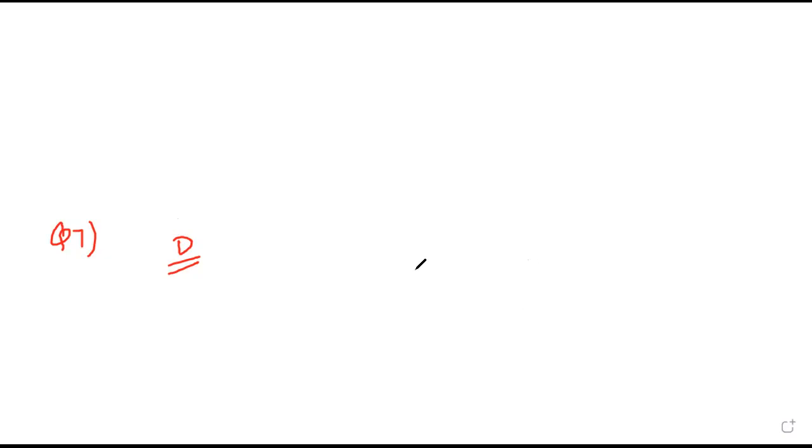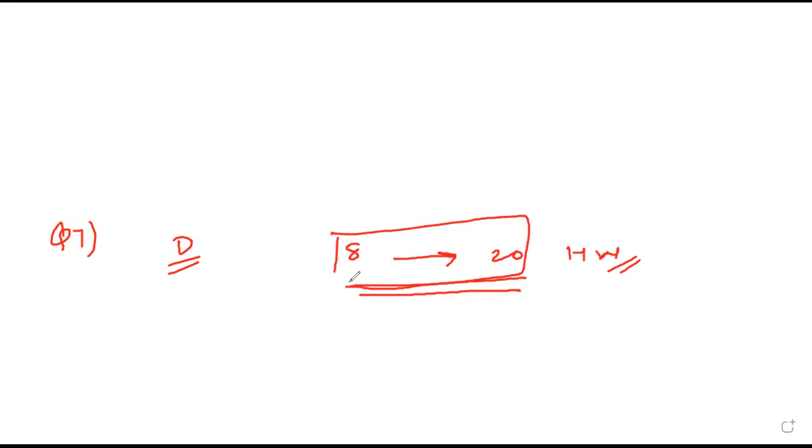Section 7 completed. Now sum number 8 to sum number 20 is homework for you. Today evening I will send the solution of this. Not today evening, tomorrow morning I will send so that you can check. 8 to 20 homework, other than whatever I have given to you. I will send the solution by tomorrow so that you can check whether you have done properly or not. So next class when I meet, we will start from 21 onwards. Sunday's test also, I have told you, covers whatever I teach till Friday.